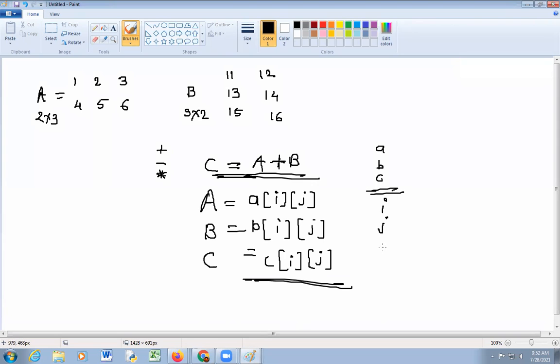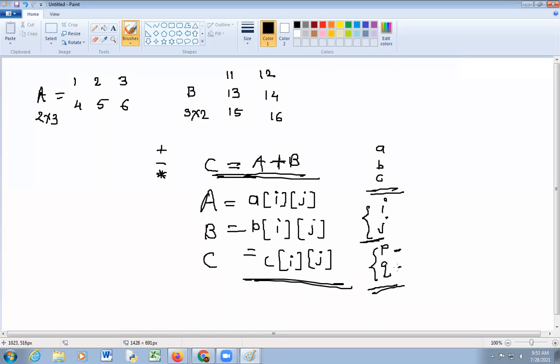Then suppose someone wants to take row size and column size through the keyboard, then P and Q. So there are four variables required. These are the row size and column size fixed for all arrays.